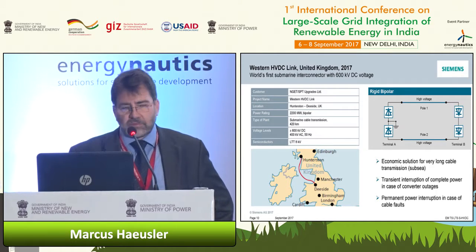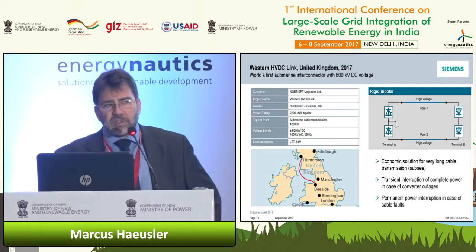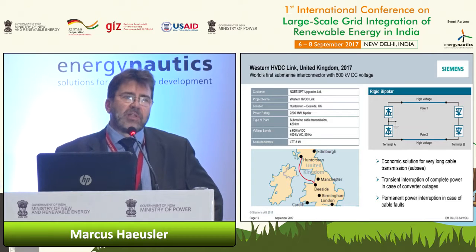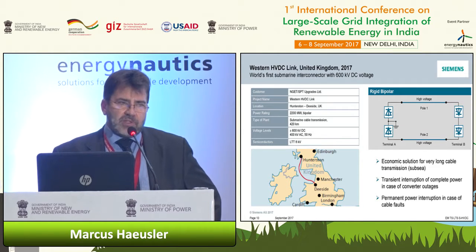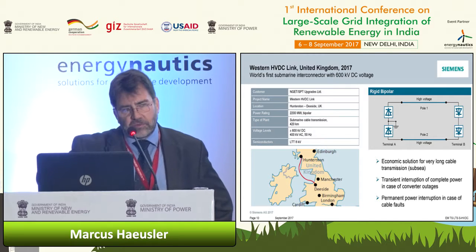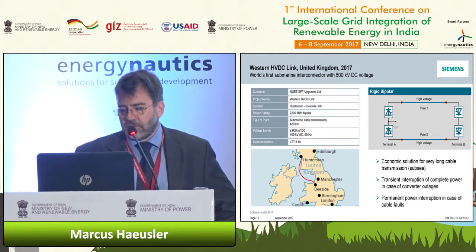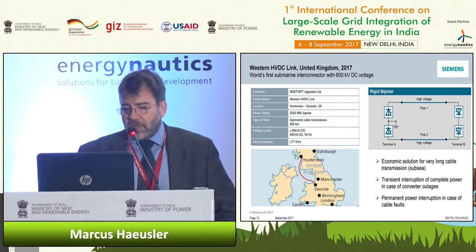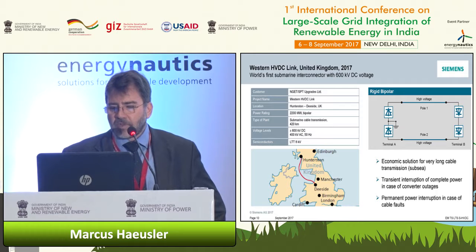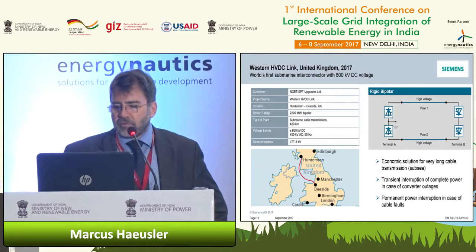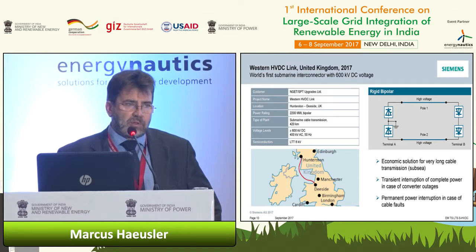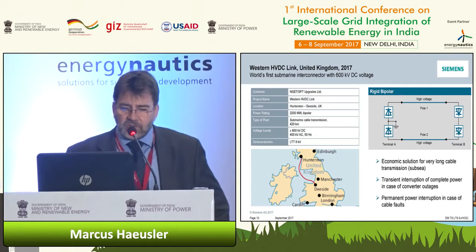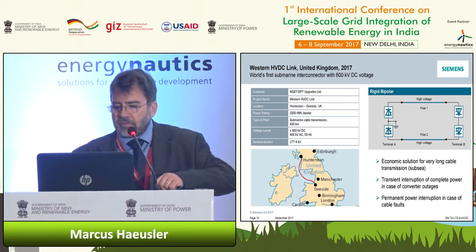Siemens proposed a very cost-effective way to transmit here a large amount of power. And you see here again a configuration which looks like the bipolar scheme I mentioned before, but here the return path is missing completely. So we call this a rigid bipolar scheme, because the current is always forced to flow through the 2 high voltage conductors. So you save installation of a third cable, which is quite a high investment for such a long cable. With one disadvantage: if you lose one converter, you have to interrupt the power transfer, make some reconfiguration and restart the system again afterwards. This means an interruption of 2 to 3 seconds.